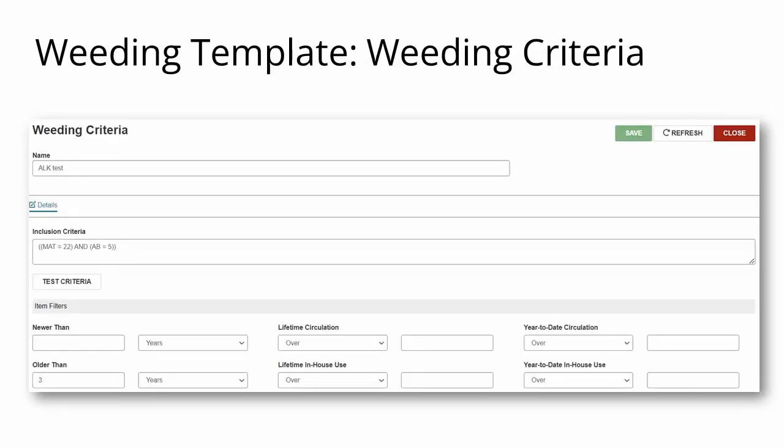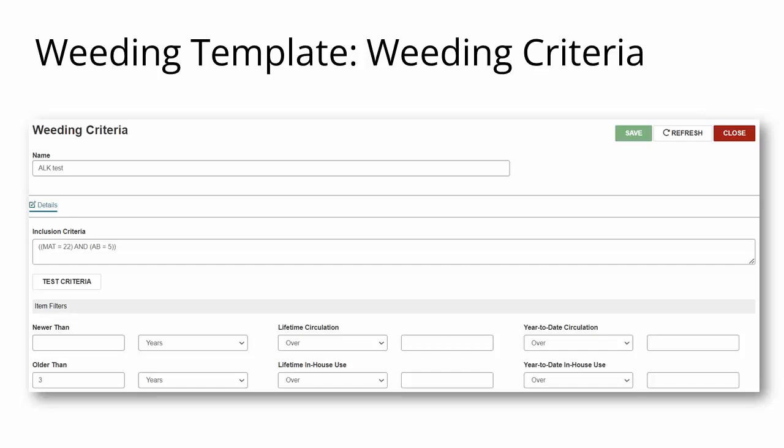This screen appears when you press the Add Criteria button. It is the weeding criteria. In the Inclusion Criteria section, you can see that there is a power search statement. This example is for DVDs at Algonquin's main branch. You can create this statement using the Find tool filters. When this criteria is used, it will not allow any records in the record set that do not meet this criteria. You will see a toast alerting you at the top of the screen, but the record will not appear in the record set.